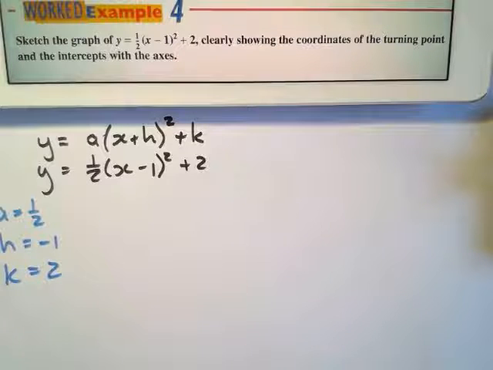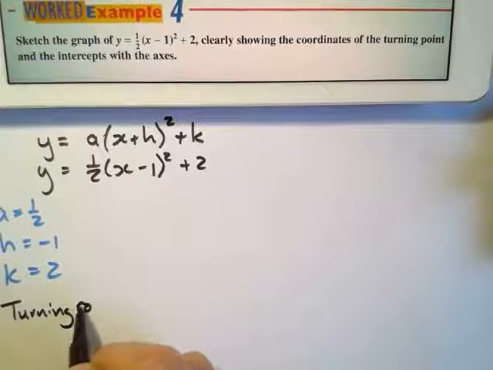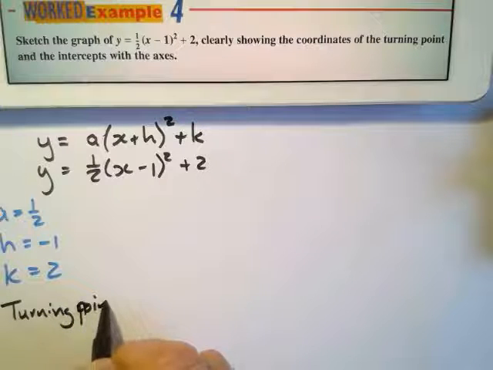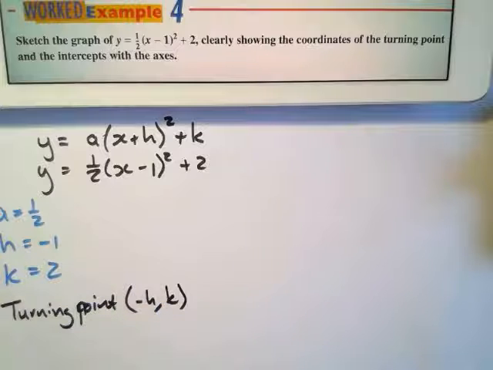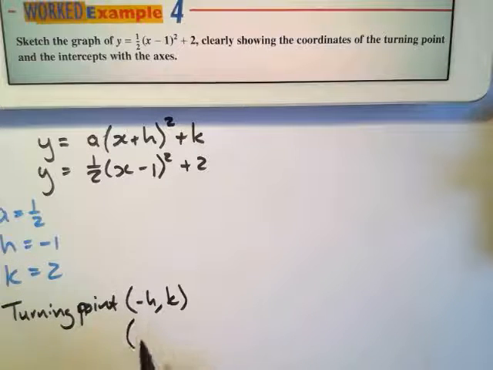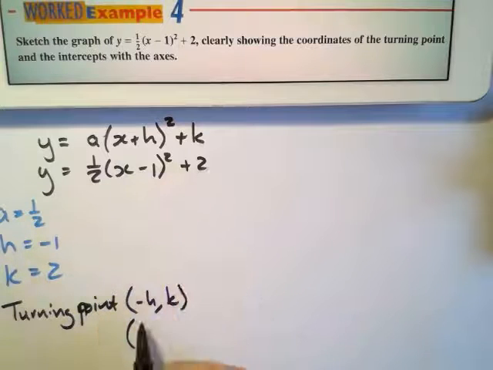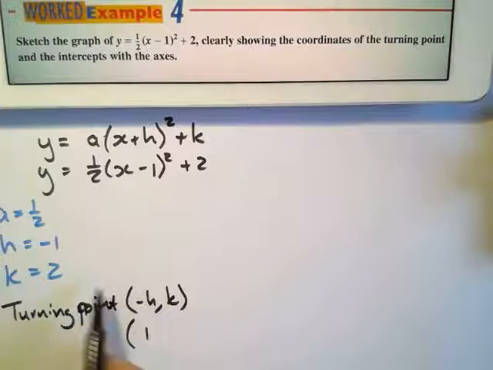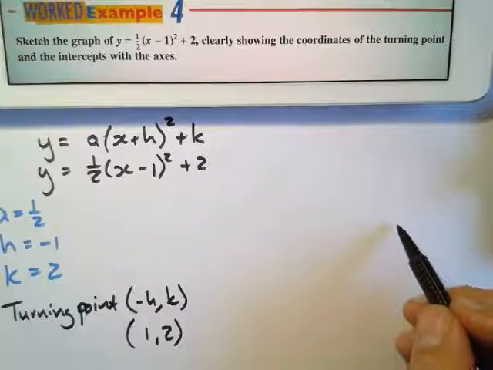What do I know? I know that my turning point is going to be -h and k, which means if h is -1, then the turning point is going to go in the positive direction, which means this turning point is going to be -h, which is 1, and k, which is 2. So if I can draw that over here,